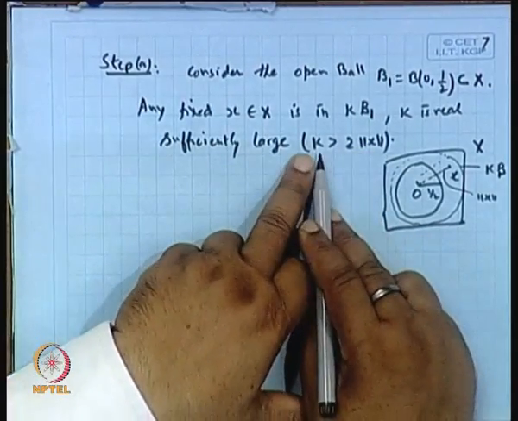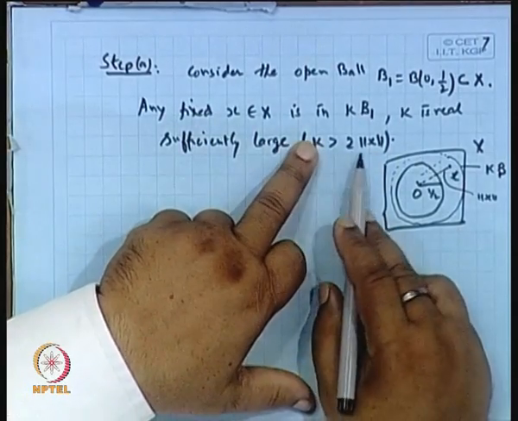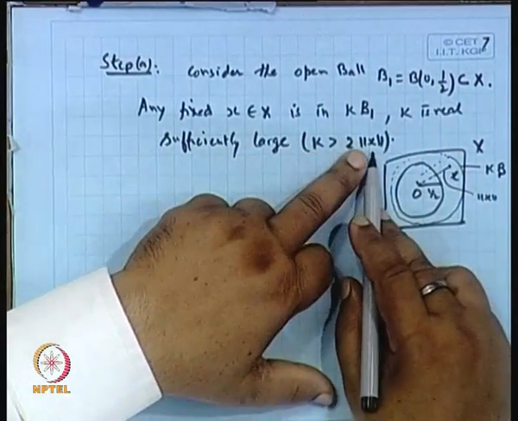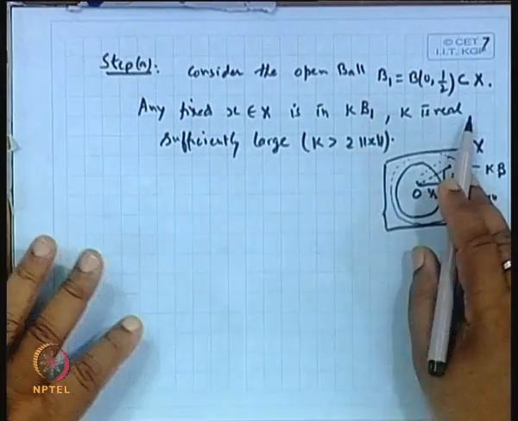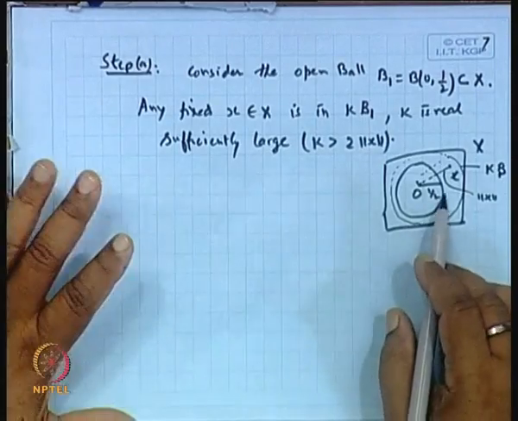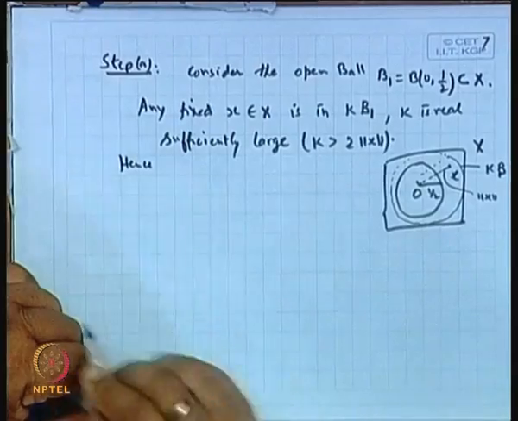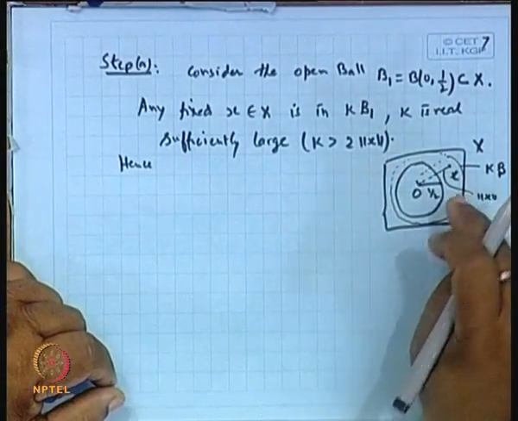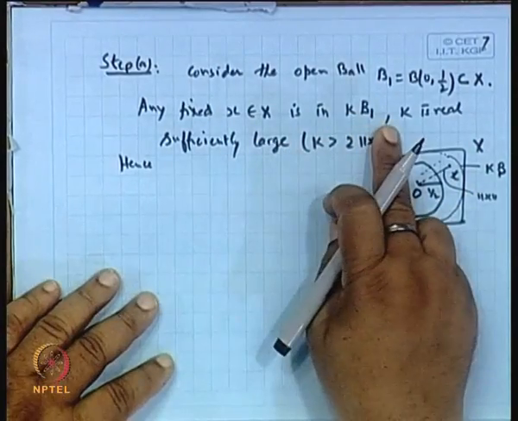So, what is the norm of x? The norm of x is less than k by 2. If we take the norm of x less than k by 2, then multiplying by the radius half, the norm of x becomes less than 1. It means it will be included in B1. That is what we want. Clear? Now, x is an arbitrary point, so we can pick any arbitrary point here and find a suitable k so that we get it in k B1.